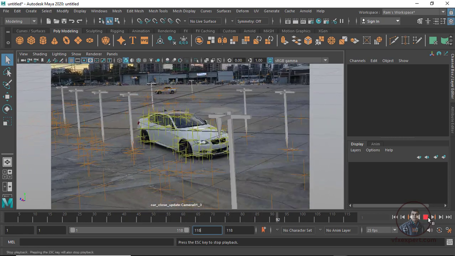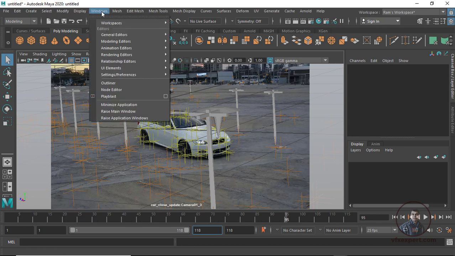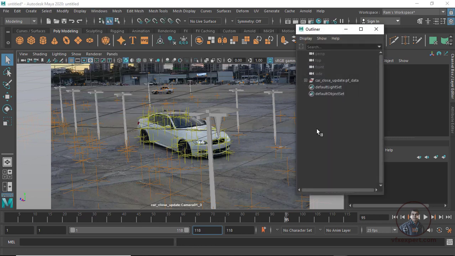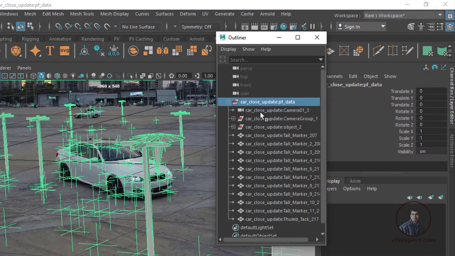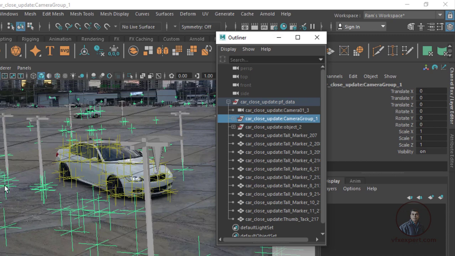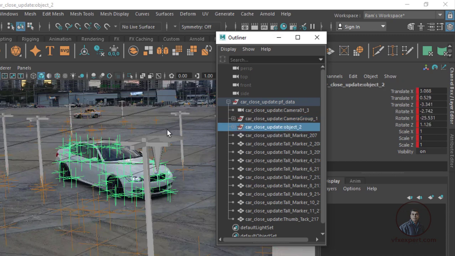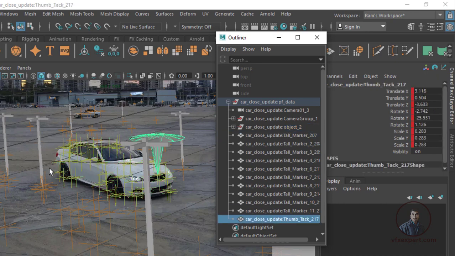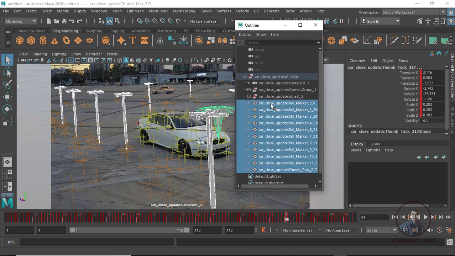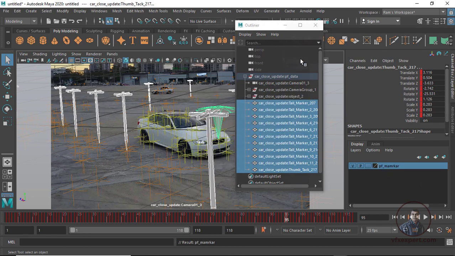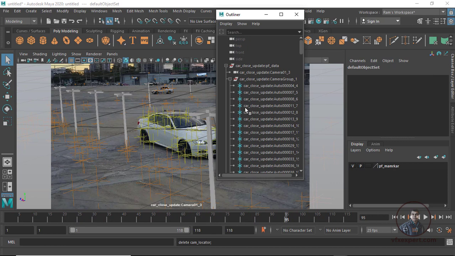Okay, perfect. Now in the outliner, click on window and select your outliner. Here you will see this is your scene group. In the scene group you will see this is your camera, these are your camera points or locators, and these are your object point groups and the markers which you created in PFTrack. First, assign these elements to display layers. Select all markers, click on display layers, then give a name. Now select your camera points.